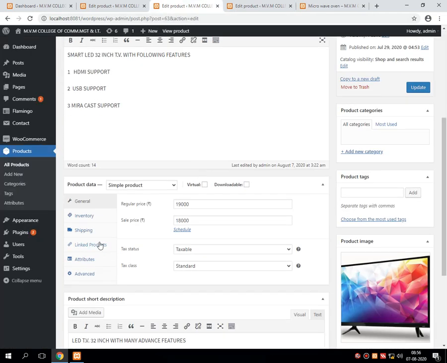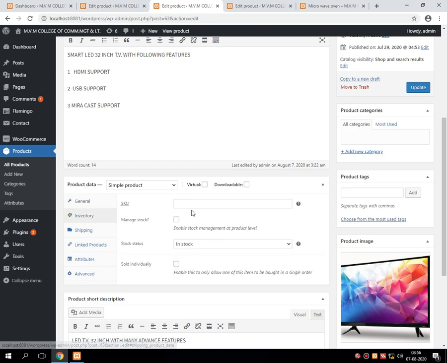Now, in inventory, there is an option called SKU. SKU means stock keeping unit. Say for example, suppose you want the WooCommerce plugin to manage the stock automatically. Into the warehouse of the company, a total of 10 LED TVs has been